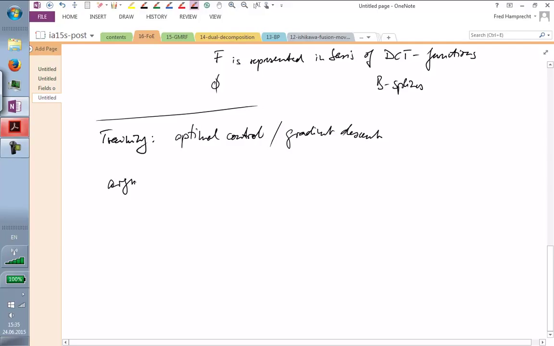So we want to find those parameters. We want to optimize over the filters f and these flux functions,